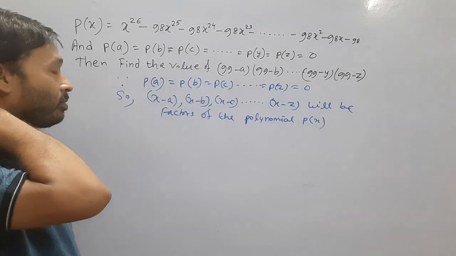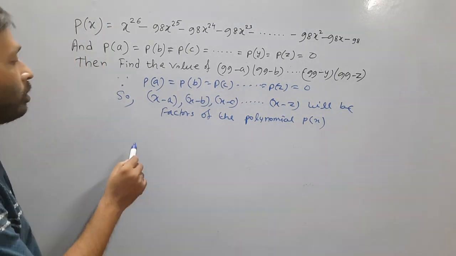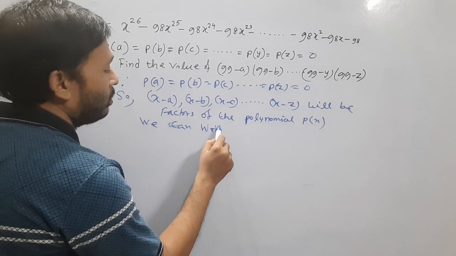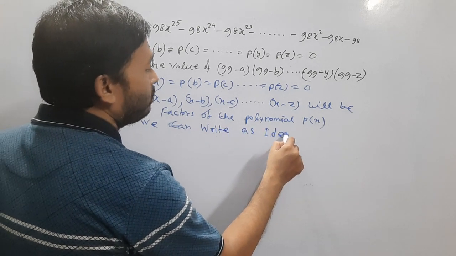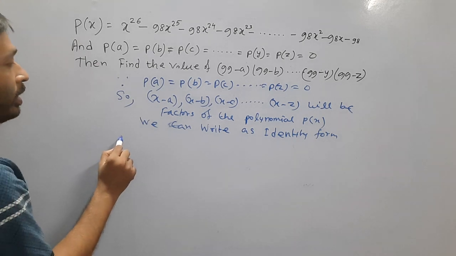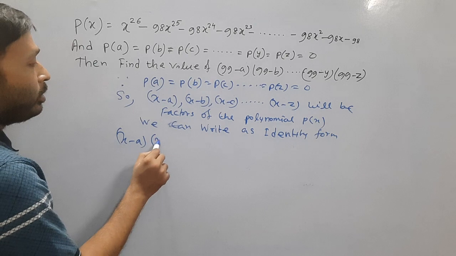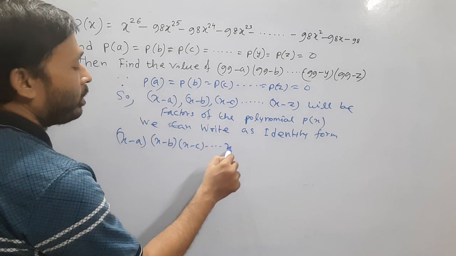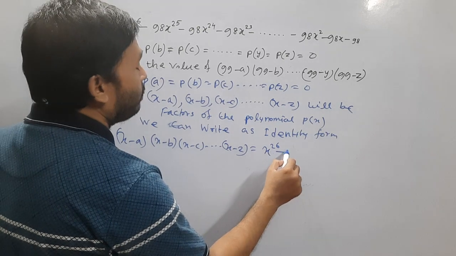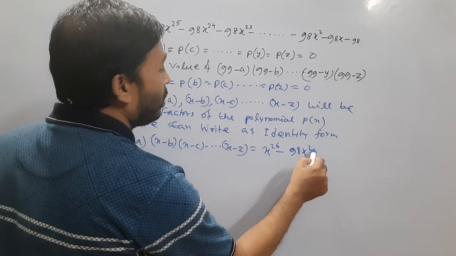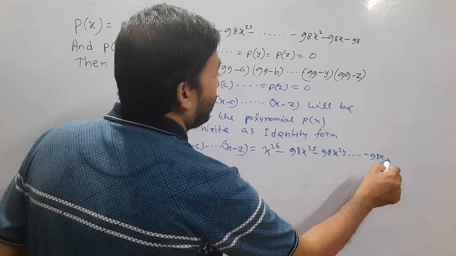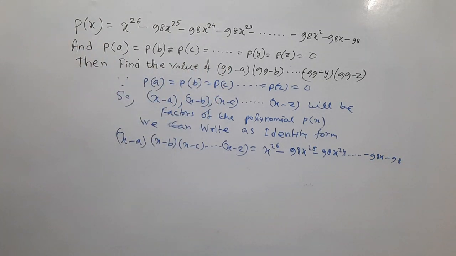Now we can write as identity form. x minus a into x minus b into x minus c, and so on, x minus z is equal to this polynomial: x to the power 26 minus 98 x to the power 25 minus 98 x to the power 24, and so on, minus 98x minus 98. Okay,